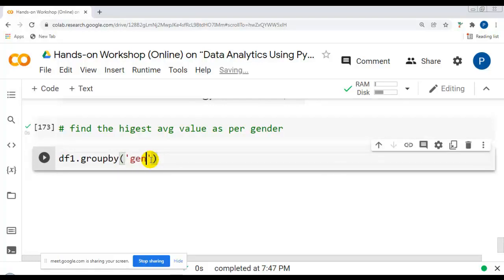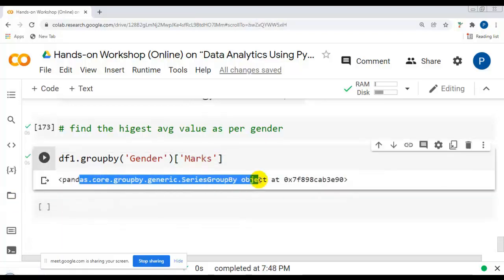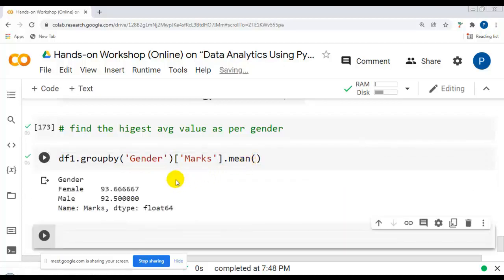So group by gender, which will separate the data into male and female. And what I want is marks, to find the highest value per marks. You can see it gives this object, but I want the highest average value, so I can apply mean here: group by gender and marks.